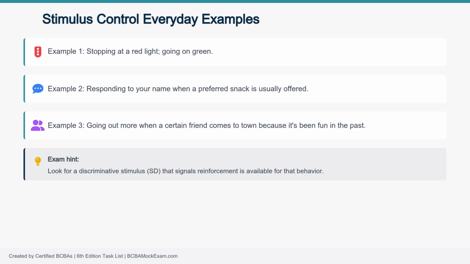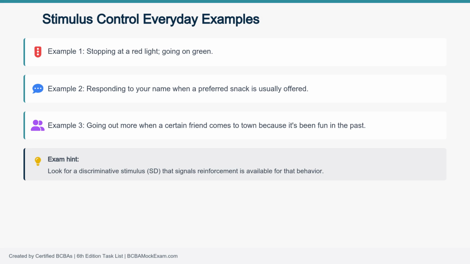This slide grounds stimulus control in real-life situations that also make great test examples. Stopping at a red light and going on green illustrates how different colors have come to control different response patterns through long reinforcement and punishment histories. Responding to your name more readily when a preferred snack is usually offered, or going out more often when a particular friend visits because those outings have been fun, are also cases where specific antecedents signal that a behavior will